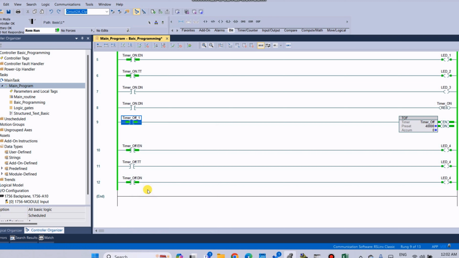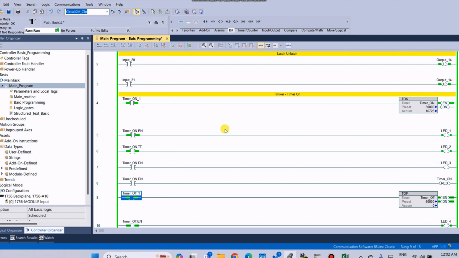We can observe very easily that the timer off enable bit is on because in timer off there is continuous supply, and the timer done bit is on. It is totally opposite of timer on. In timer on, when the timing completes, preset value to accumulator value, then the timer done bit is on.